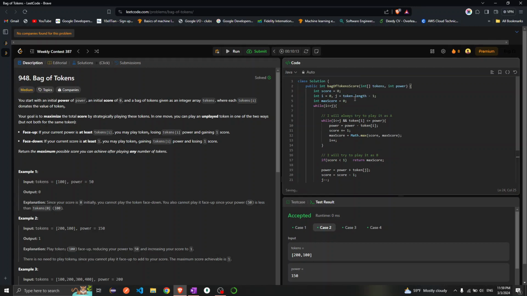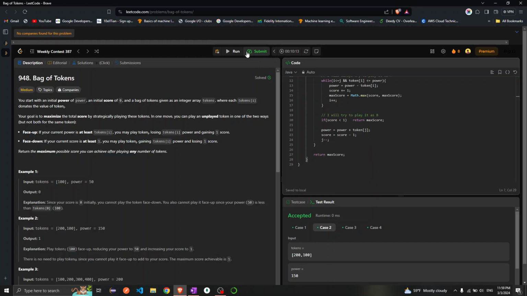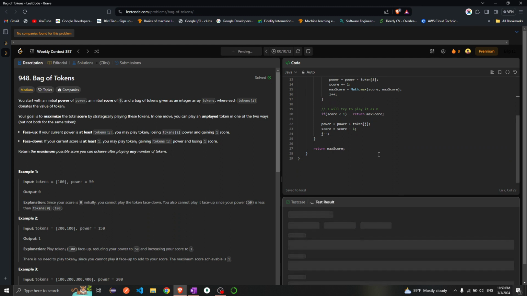But what's the thing that I missed is we need to sort the array in order to identify which one is the maximum token value and which one is the minimum token value. So after doing this, if you run this,